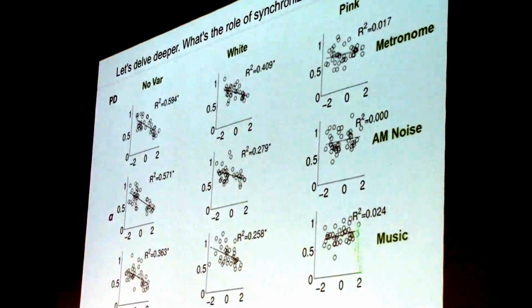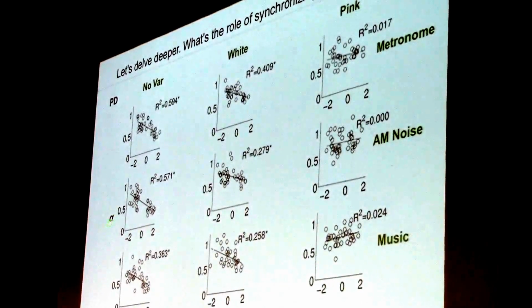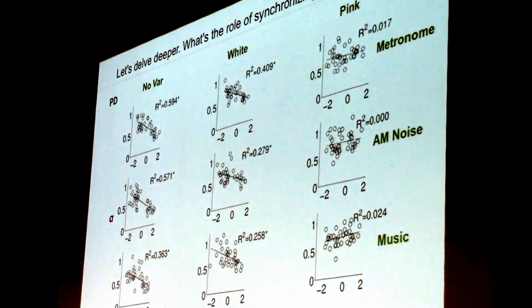And this is the good thing that we think we found. What are the implications of this? And this is the end of the study here. If I give the patients a cue, and I tell them you have to synchronize, we know that there's some benefit, but they also suffer here. They lose the long-range correlation because the more they synchronize, the more they drop. So if I want to avoid this, I have to use pink. And here the interesting part is it doesn't matter if they synchronize or not. Their alphas are not dependent on how much they synchronize.